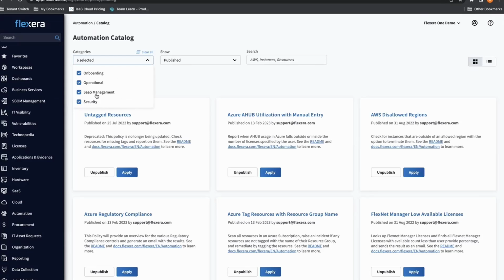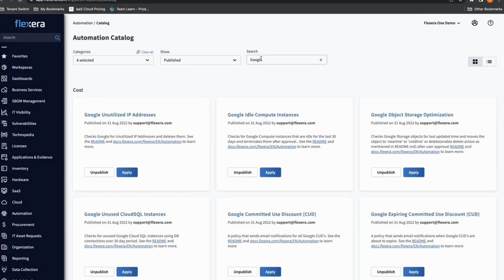Let's say the automation engine is included in any module of Flexera One that you purchase, right? So there are policies there for SaaS Manager. There are some things that we're doing with ITAM use cases as well. And you can go and search for stuff. So if you want to find the policies that we have for Google, for example, then there's actually pretty good